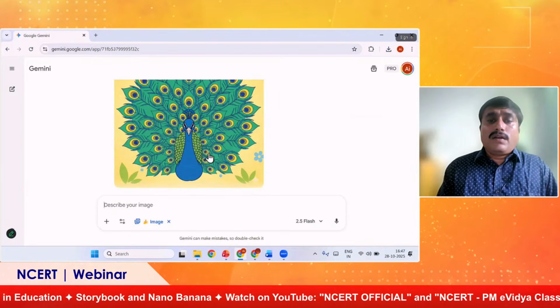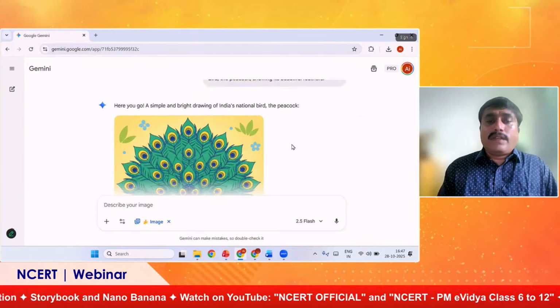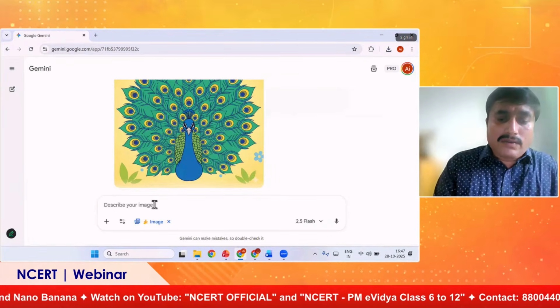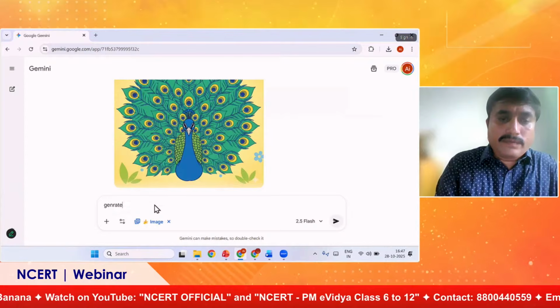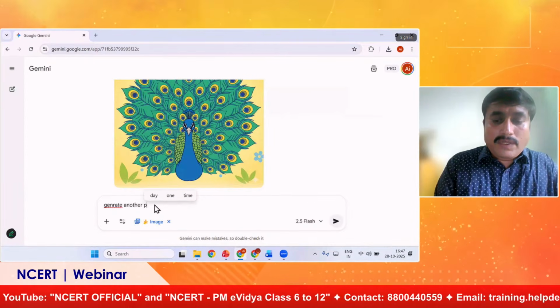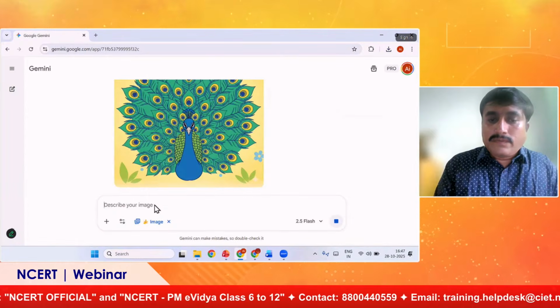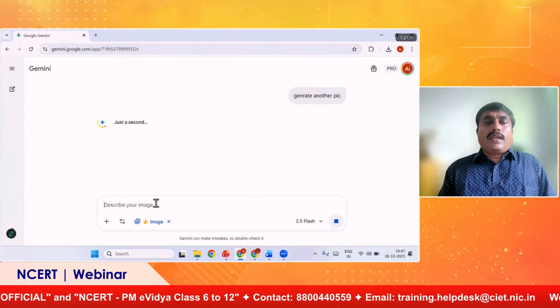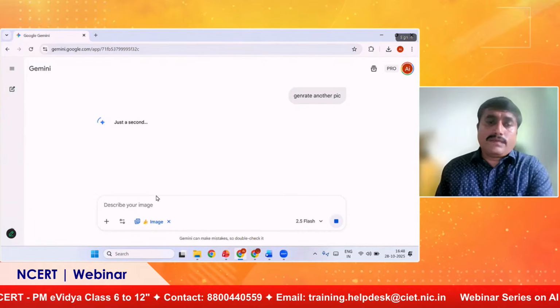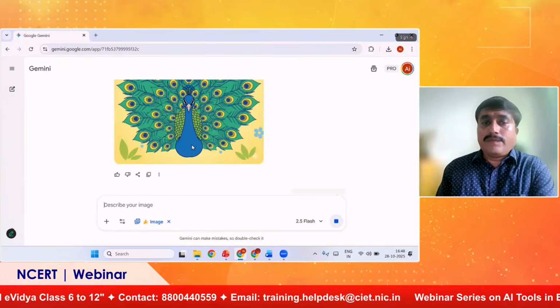So this is the national bird of India. Another version, you can generate another pic like this. We can generate another pic same as we have generated previously.